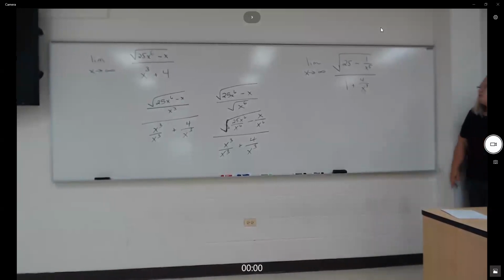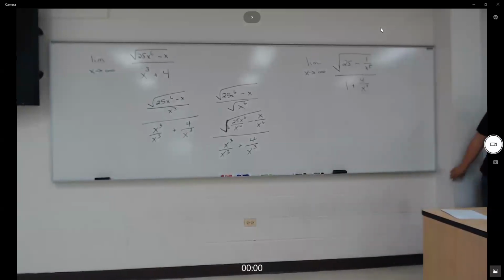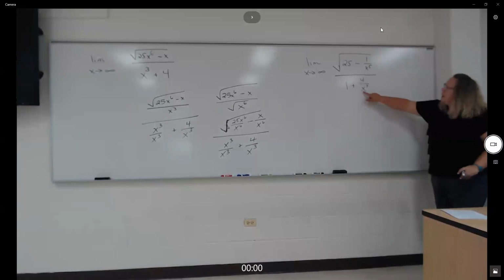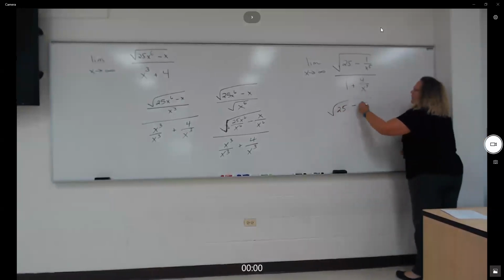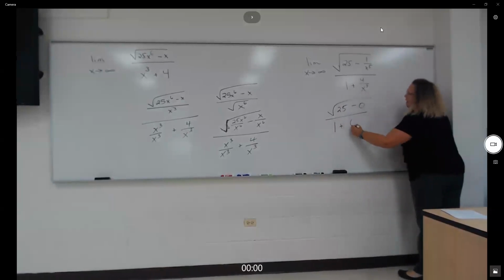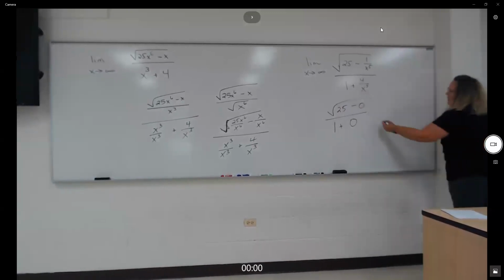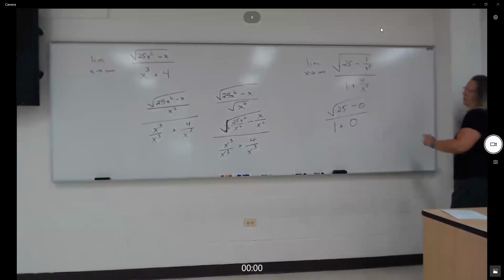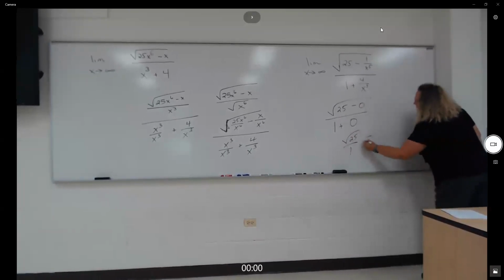And so now we're in good shape. What's happening to this fraction? It's headed towards 0. Okay? And this one's headed towards 0 as well. So in your notes, if you want to write 25, technically that one's headed towards 0, and then 1 plus that one's headed towards 0. So the overall limit then is, you see how it's the square root of 25 over 1, which would be